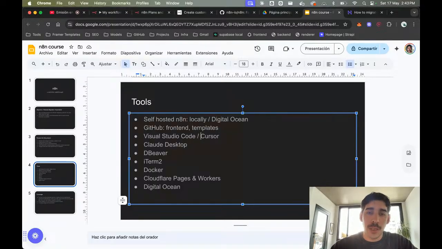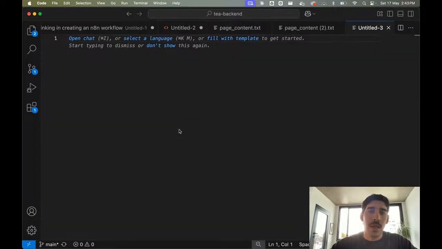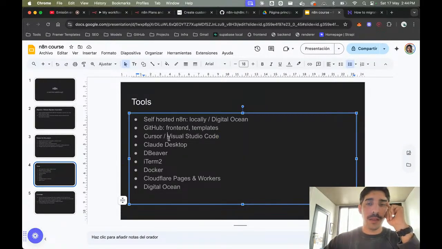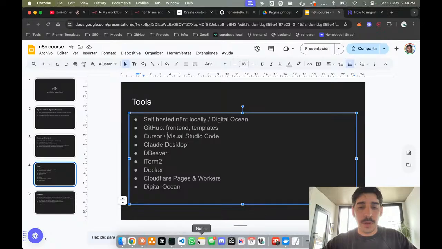We are going to use a lot of Cursor probably and some Visual Studio Code as well. I like both. I have been using this for years. Then I discovered Cursor and I love it as well. There are some subtle differences. Sometimes some of the keyboard shortcuts are different. And usually I also try to open up one folder or one repo in Visual Studio.